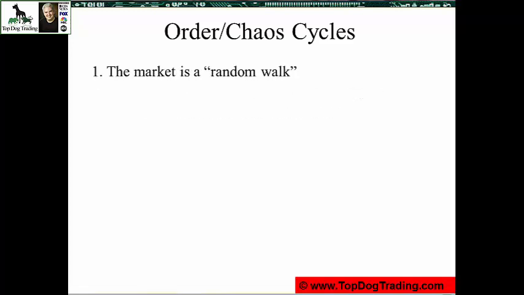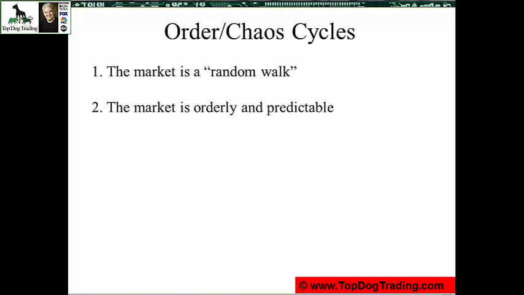So first of all, there's one theory that the market is a random walk. In other words, chaotic. Random. And you've probably heard of the book Random Walk Down Wall Street, if you haven't even read it. It's a very popular book, very well thought out, very well researched, and it is a good book, and there's a lot of truth to it. So basically, the author said that everything that can be known about a market is already known, and therefore the markets are already perfectly efficient, and therefore you can't get an edge in trading or in investing. Okay, so that's one theory.